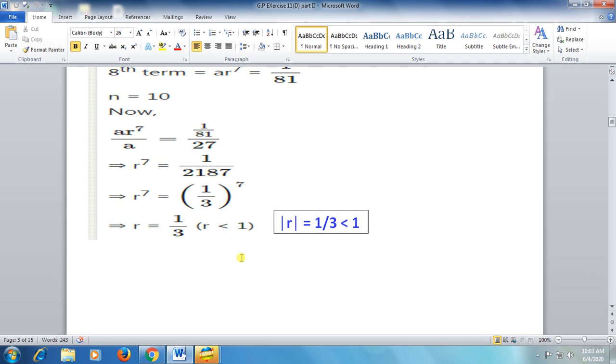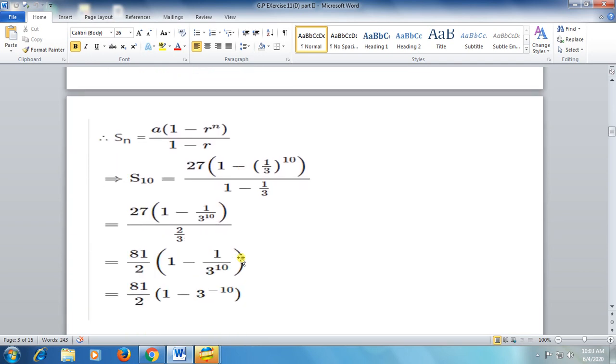So to find out the sum of n terms, let us consider the formula Sn is equal to a into 1 minus r to the power of n by 1 minus r, where a is 27, r is 1 by 3 and the value of n is 10. Here in the denominator, 1 minus 1 by 3 will be simplified as 2 by 3. So 27 by 2 by 3 can be written as 81 by 2, and as this cannot be simplified, the power is more, it can be written as 1 minus 1 by 3 to the power of 10.